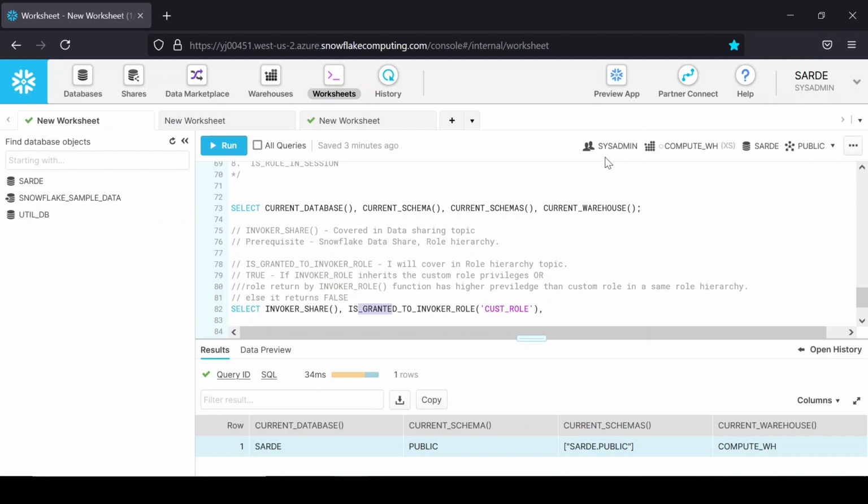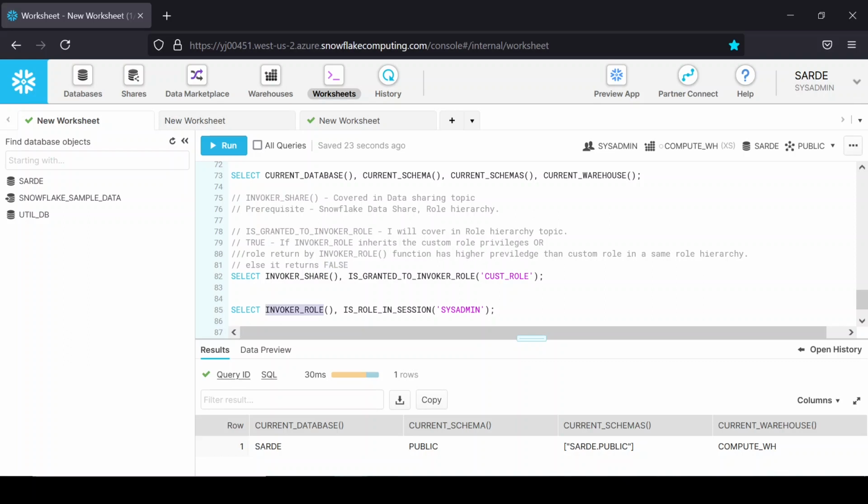That means our invoker role is sysadmin, and it inherits the custom role privileges, the custom role that we are passing as an argument to that function. If this condition is satisfied, then it will return true. Or if our sysadmin role has higher privilege than the custom role that we are passing here as an argument, then also it will return true. Otherwise, in any other case, it will return false.